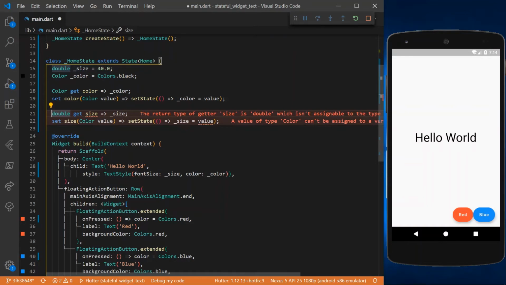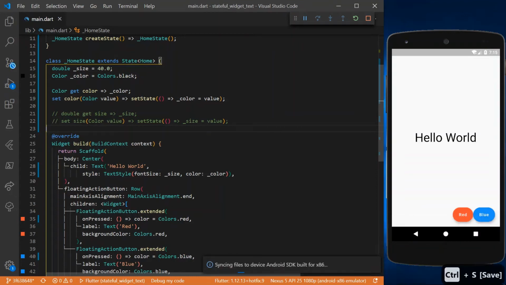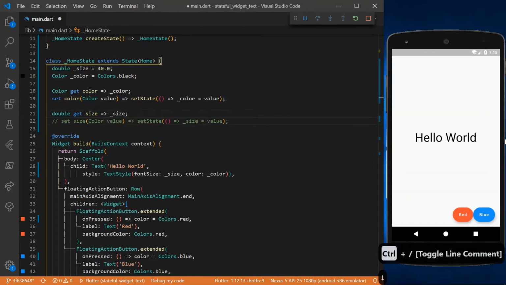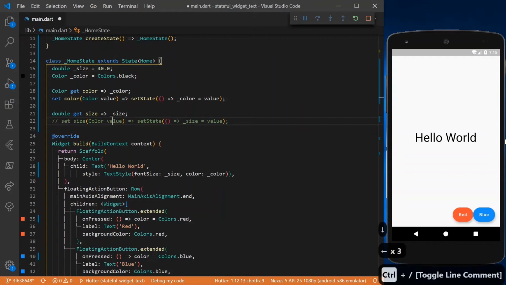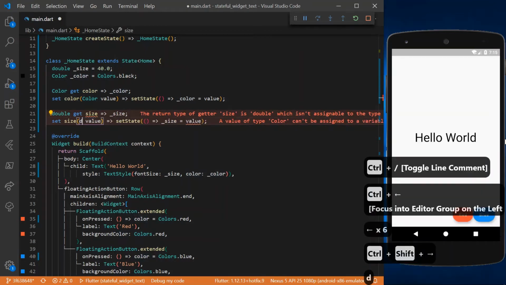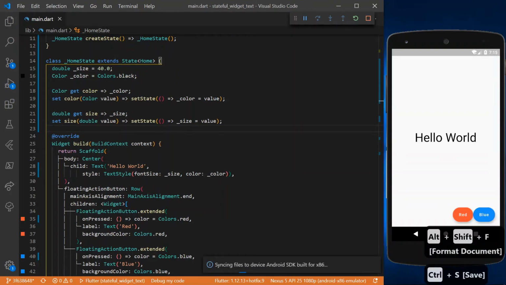Double, and then okay, let me try to comment out first. Okay, never mind for now. Let's close this. I'm not sure what is going on here with this. For the size, it's supposed to be okay. Okay, now. Oh, okay, and then I open it again. Oh, this one. Yeah, I know that because of this one, which is double. Okay, done. Okay, I just format it. Okay, now